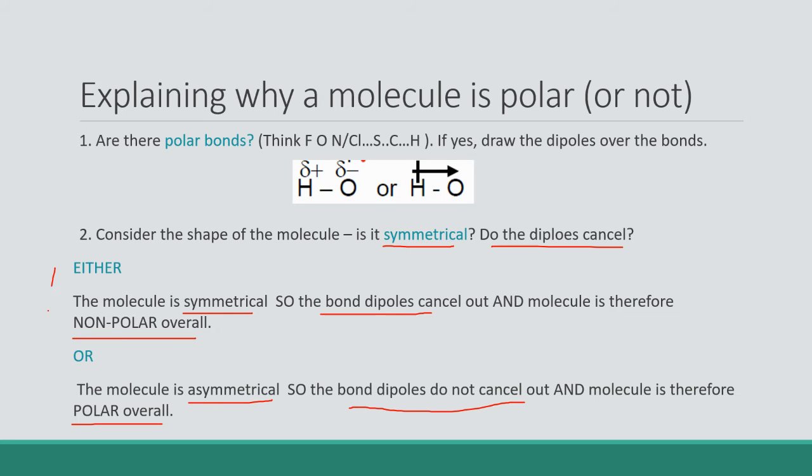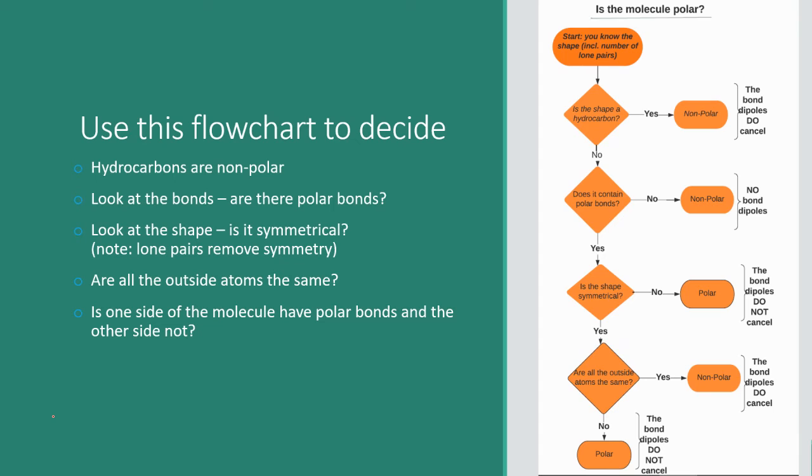So you need to learn those phrases for exam questions. You can use this flow chart if that helps you. You're going to look, is the shape a hydrocarbon? It's quite easy to look out for hydrocarbons, and when we do organic chemistry, you get more familiar. They are non-polar. The bond dipoles do cancel. If it doesn't contain polar bonds, then the whole thing is going to be non-polar. If it does contain polar bonds, we're going to go down this way, and then we